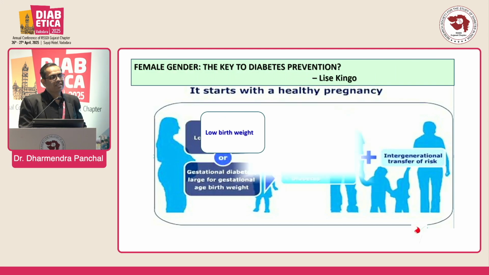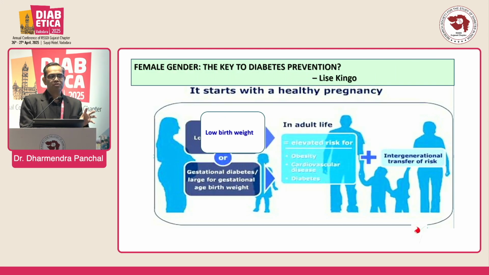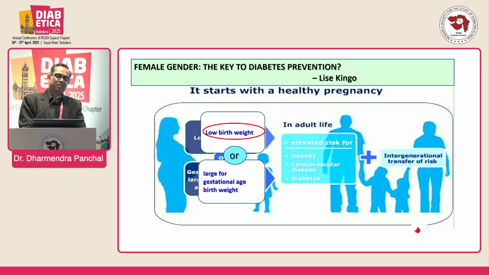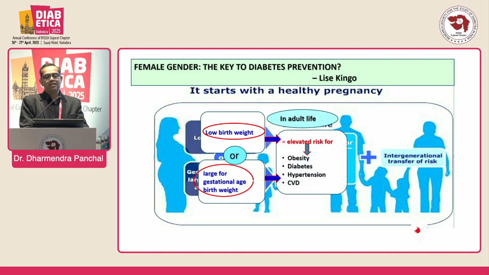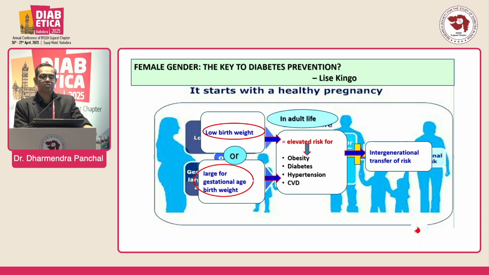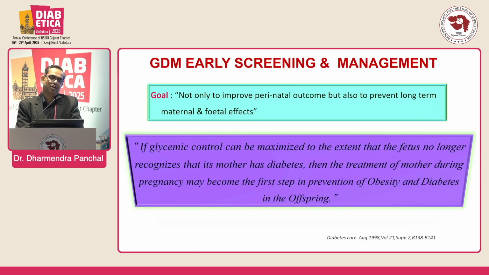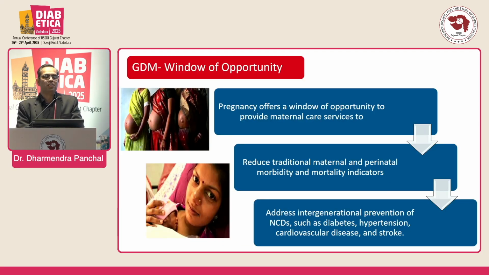In that way, we can say that GDM provides a window of opportunity to stop the development of non-communicable disease, because if we are able to target low birth weight or large weight for gestational age and stop the progression, it may not lead to obesity and hypertension. So it is the intrauterine stage where we need to act to prevent the bad future of the person, and that's why GDM early screening and management matter. And yes, as Sunil Gupta sir says, GDM is a window of opportunity. I think nowadays it should be called a door of opportunity. Let's knock it, let's hit it hard and target it so that we can prevent our future generation